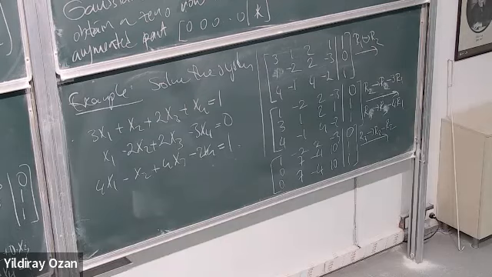So I multiply this by 2 and add to this one, so 2 over 7 here. And here we have 0, 1, and then minus 4 over 7, 10 over 7, and then 1 over 7, and then we have 0, 0, 0. So what we see actually,